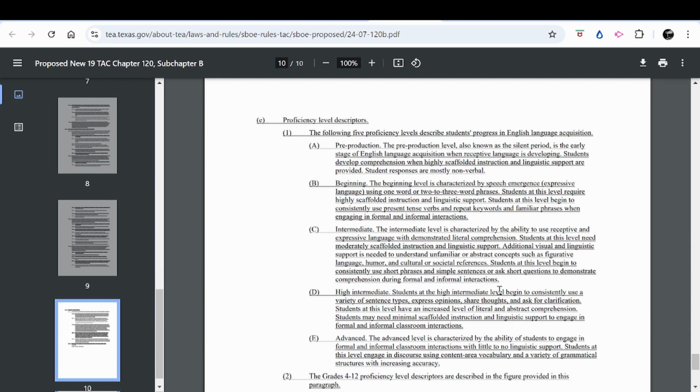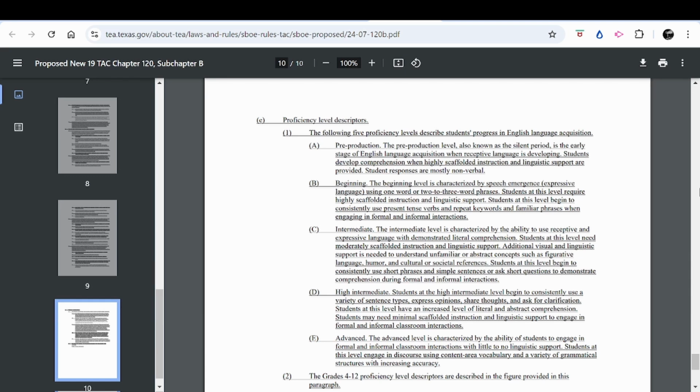Additional visual and linguistic support is needed to understand unfamiliar or abstract concepts such as figurative language, humor, and cultural or societal references. Students at this level begin to consistently use short phrases and simple sentences or ask short questions to demonstrate comprehension during formal and informal interactions.